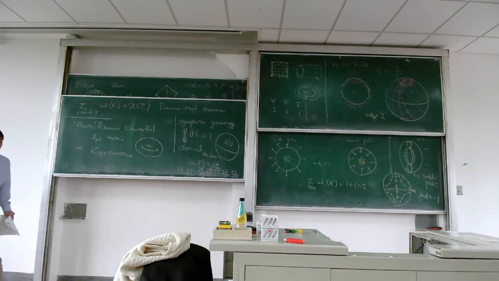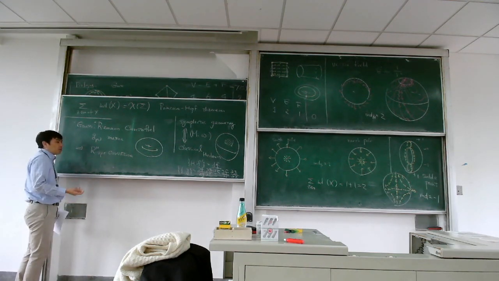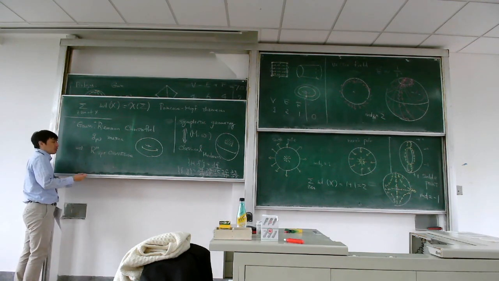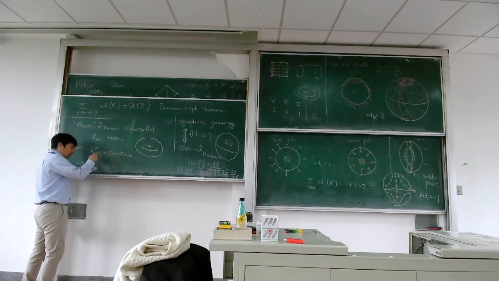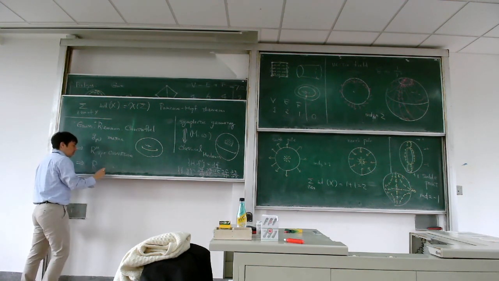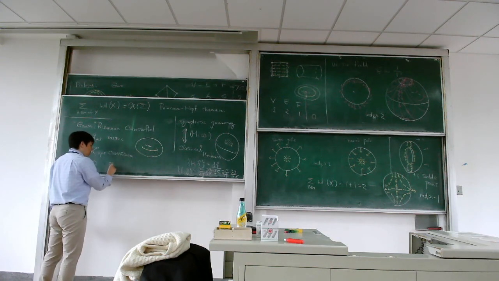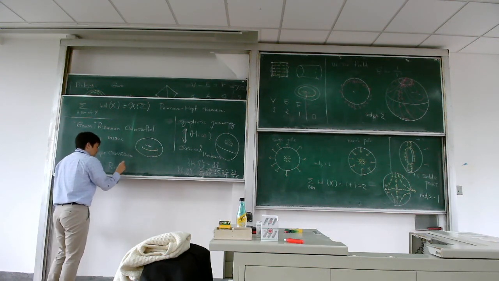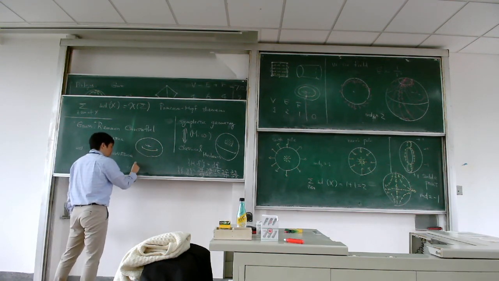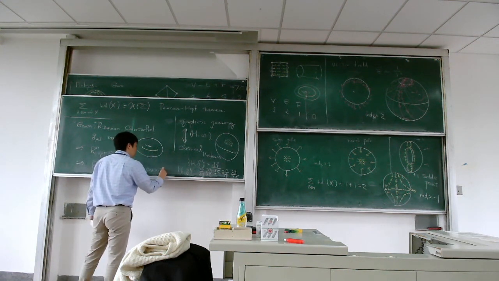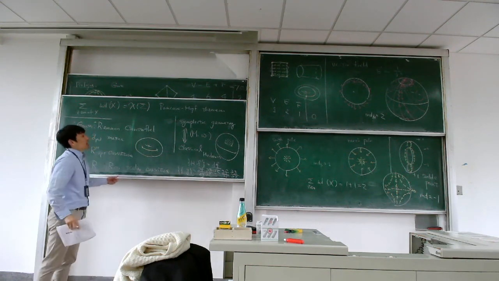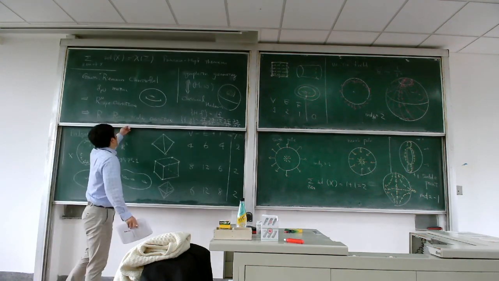And from here, one can go to a more primitive notion of curvature, the so-called Ricci scalar. You just contract the indices, and what you get is the Ricci scalar curvature. And what Gauss found, the metric